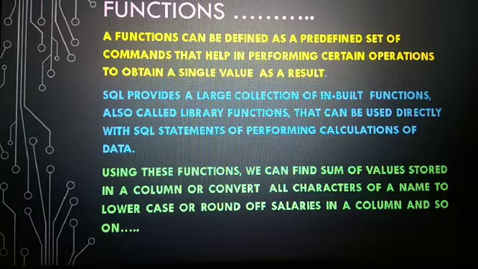Next, to use more than one function with the same select statement, functions are written one after the other separated by a comma. Suppose you have to write more than one function in a select statement, then we will separate them through commas. Another one is, if the same function is required to be used for more than one column, then again the function name has to be repeated in the select statement. Suppose you have to display more than one column, then we can also write them within the select statement. Is it clear?